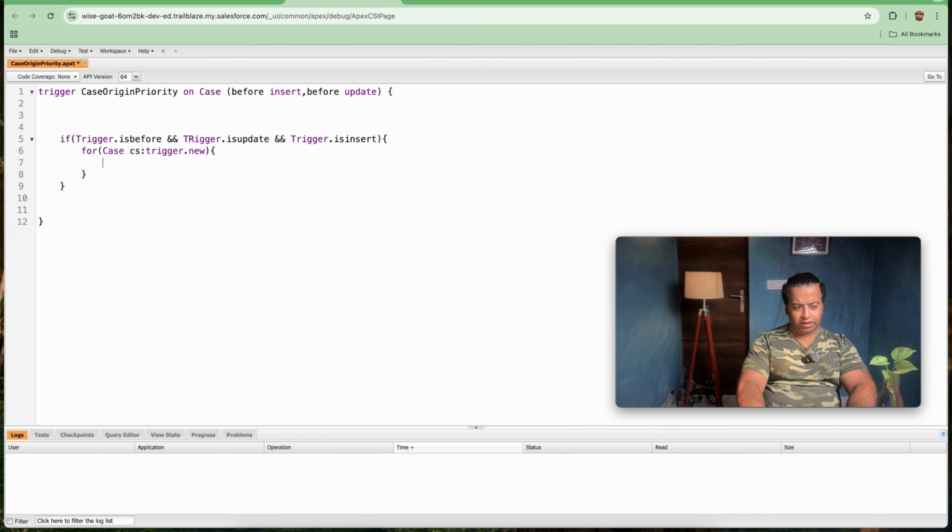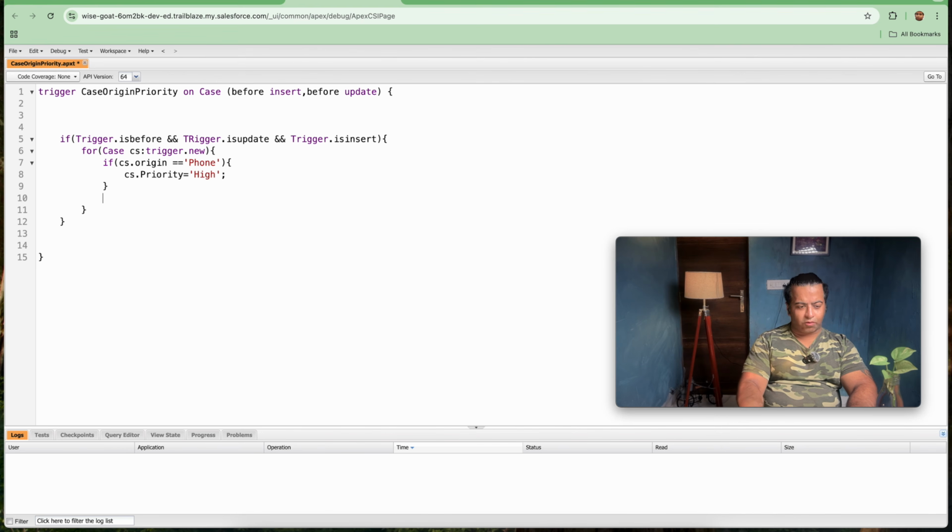After writing here, I will be writing a condition: if cs.Origin double equals Phone, I'm comparing it. If it is double equal to Phone, then cs.Priority is equal to High.